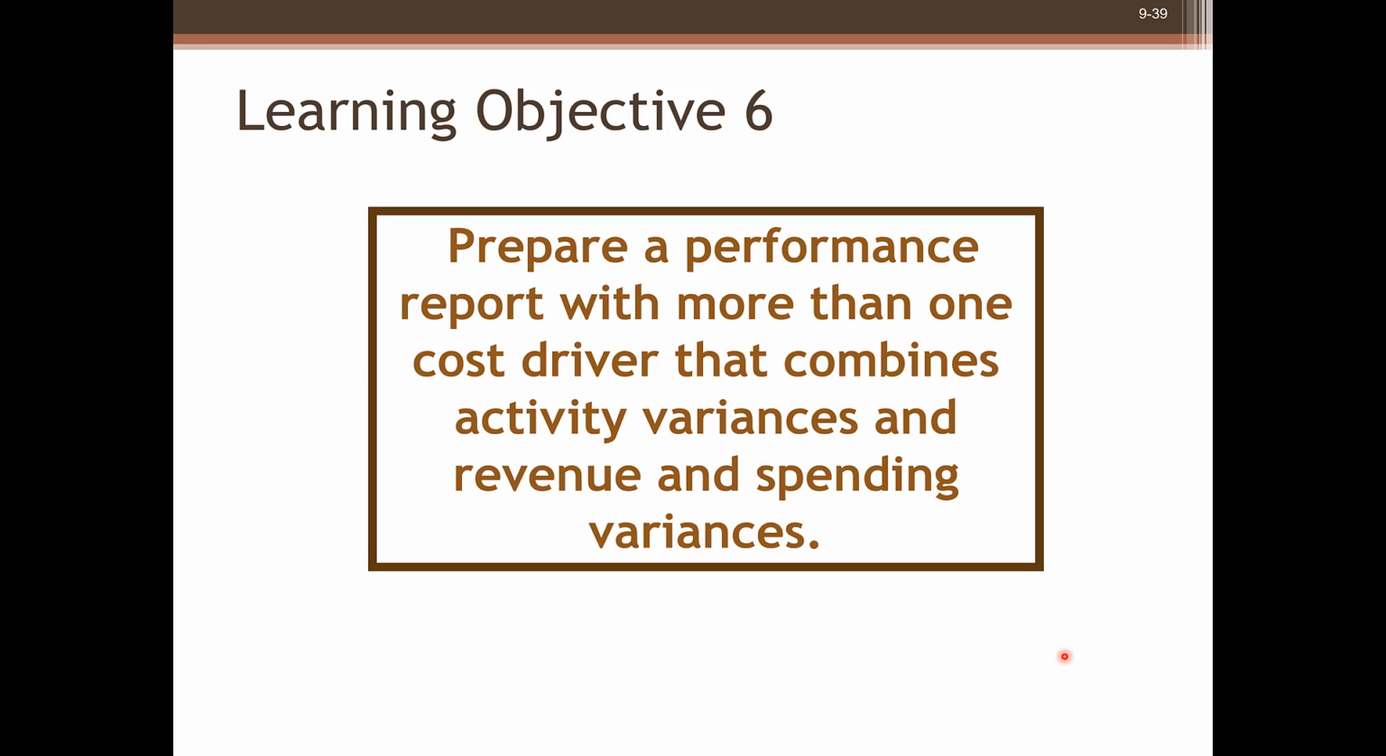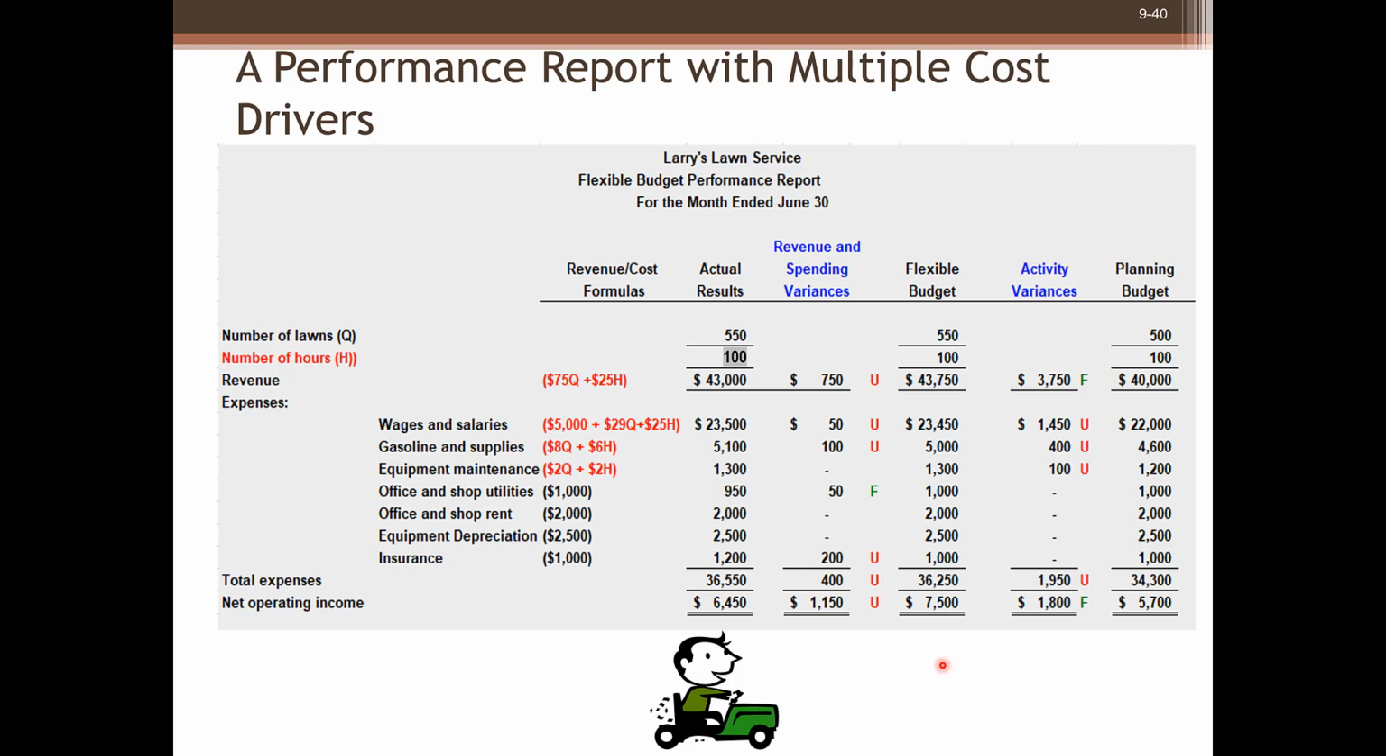Learning Objective 6. Prepare a performance report with more than one cost driver that combines activity variances and revenue and spending variances. This is a combined performance report with two cost drivers. The planning budget and flexible budget are the same as previous slides. The differences between planning budget and flexible budget are activity variances. We can see here,